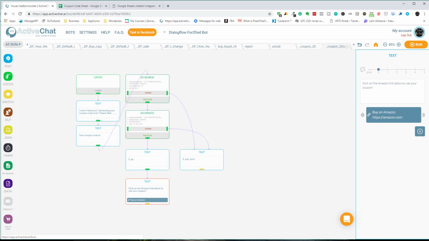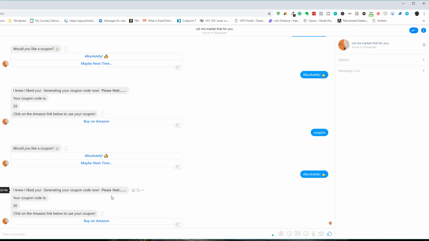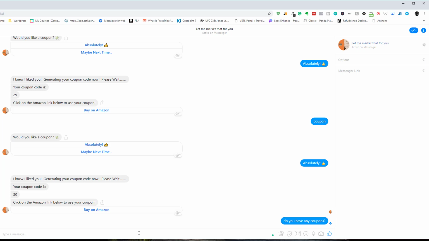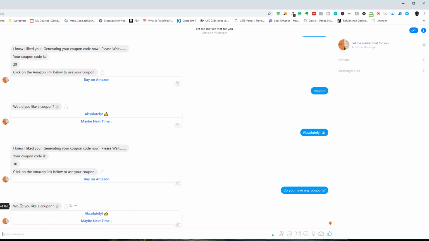So let's do the demo real quick. So here we go. Once again, I have a dialogue flow, so I don't have a button or anything. It's almost like natural language, and it'll trigger the coupon thing. Let's say somebody's chatting and they're going to say, hey, do you have any coupons? Hopefully that works. And dialogue flow should pick it up. Yes, it does. Would you like a coupon? And then they're going to say absolutely, or maybe next time. Absolutely is going to trigger